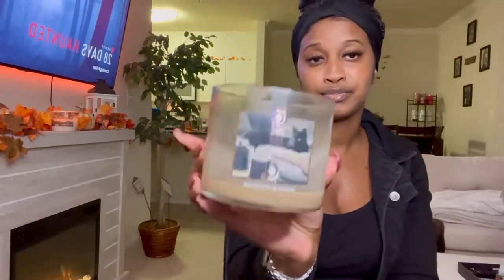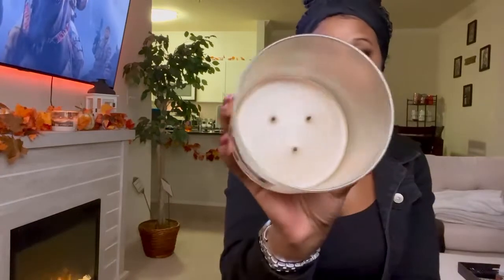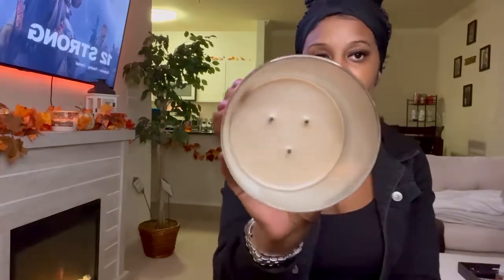Goose Creek's Warm and Welcome. This candle right here, clean burn, no issues. This candle right here is my favorite. Like when I tell you that this is in my top 10,